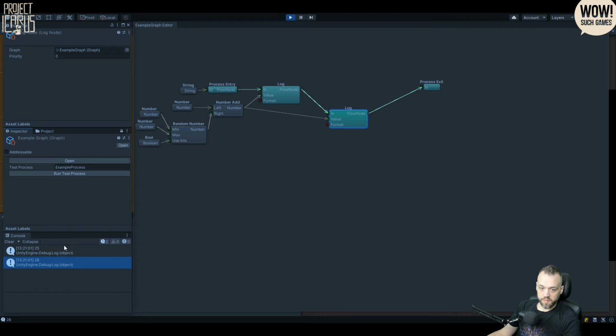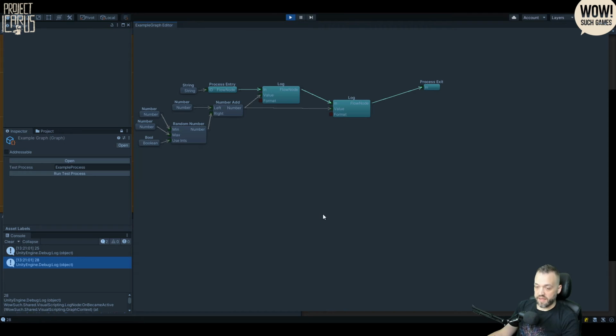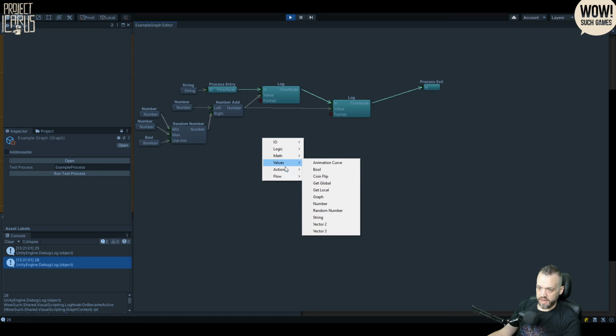So the first time, it gave us 25. The second time we asked for a random number, it gave us 28. But that's not always very useful. Sometimes we want to cache those values, we want to save those values and use them later. In order to do that, I can create a